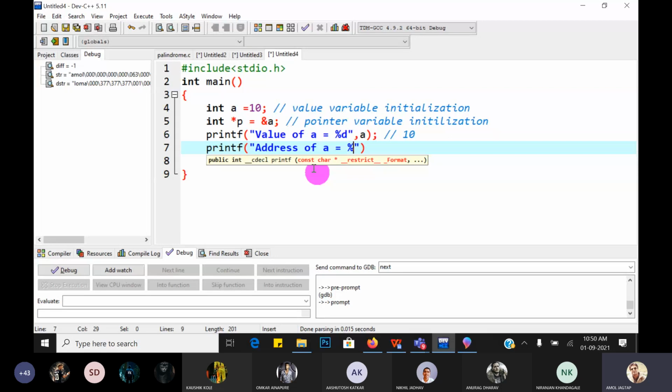Now the address we have to print using a different format specifier. Mostly you have to use percentage U, and give address of A. So what is the address? We don't know, because where that memory gets allocated, that address we have to print. So it prints the address. Great. Next,